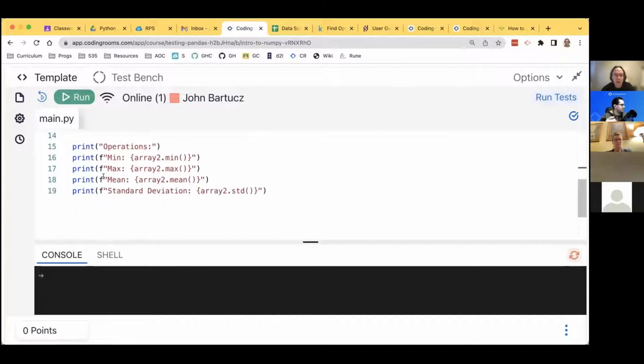And unlike Python, it's really easy to do functions on that matrix because they're built in. That's what NumPy is for. So we're going to get the minimum value in that matrix, the maximum value, the mean, and the standard deviation, all with just one simple call each. So if I run that,